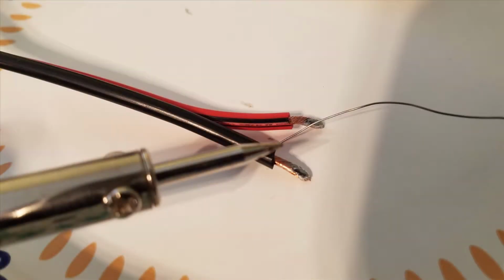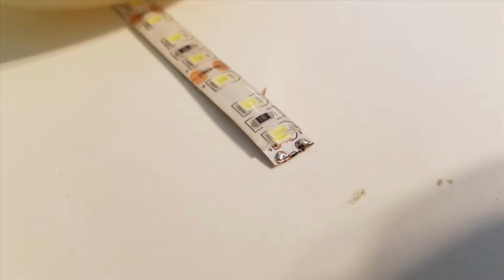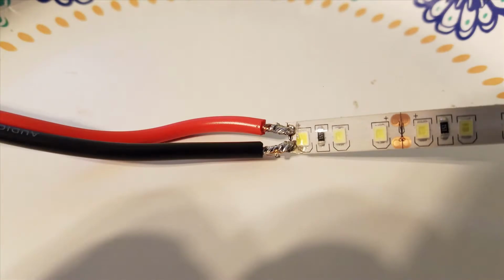And it is always good practice to add a little bit of solder to the tips of the wire that you're going to be attaching to the LED strips. So I've done that here in this picture. And then it's also a good practice to add a little bit of solder to the LED strip itself on those little copper dimples where you cut that LED strip. So here in this picture you can see the two wires are soldered onto the LED strip,